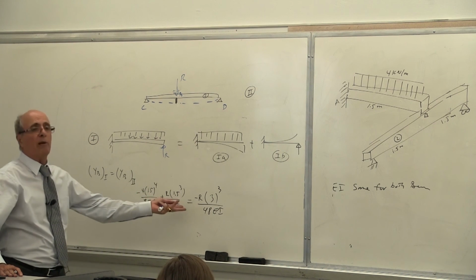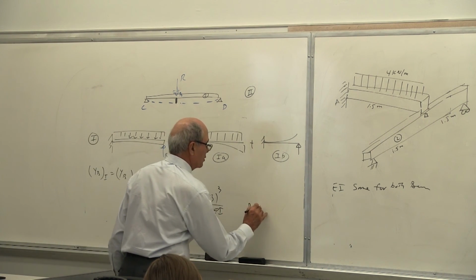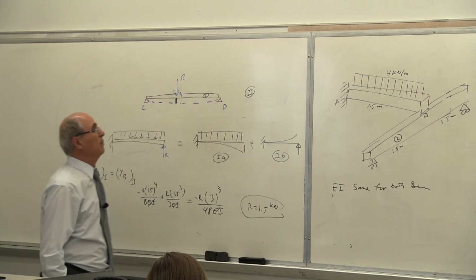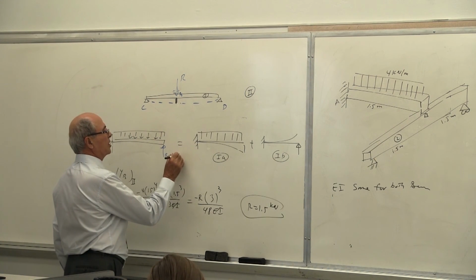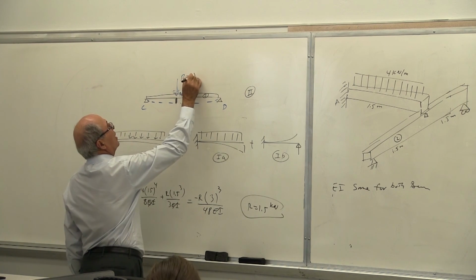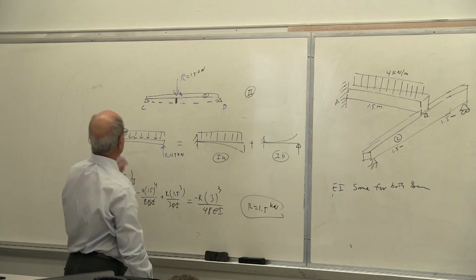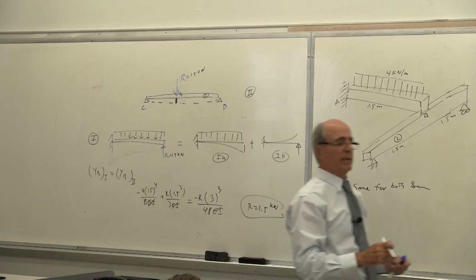Nevertheless, this is a formula for R. Is that correct or not? You solve for R, R becomes equal to 1.5 kilonewton. So that solved the problem for you. As soon as you find R equal to 1.5 kilonewton, all the statics is solved, because this becomes 1.5 kilonewton, then this reaction becomes 0.75. That is, you can find it there. This is just simple statics.